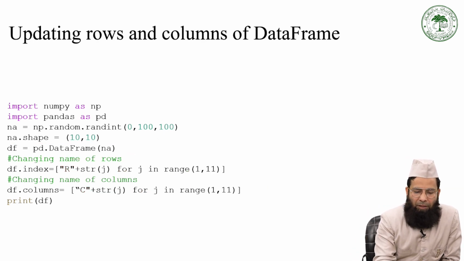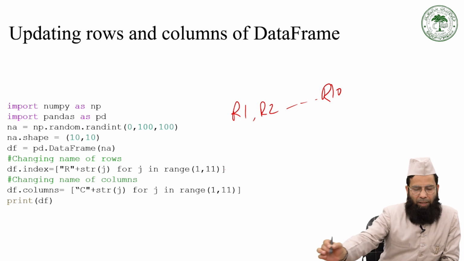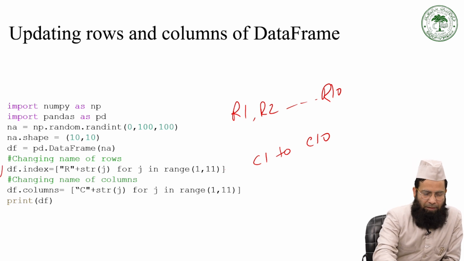For j in range 1 to 11, what will it give? It will give you R1, then R2 and so on, R1 to R10. Similarly, the column values would be C1 to C10. Right? In this way, I can,